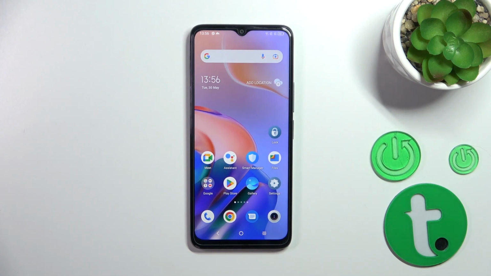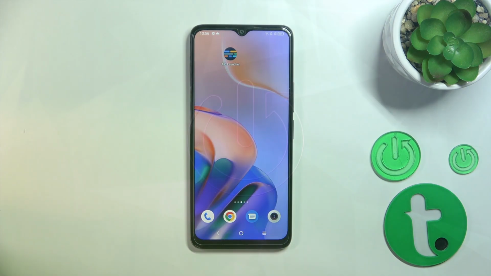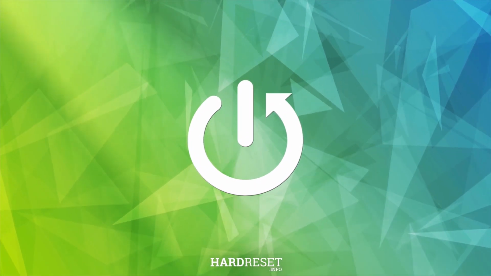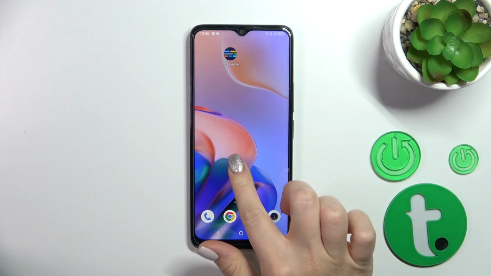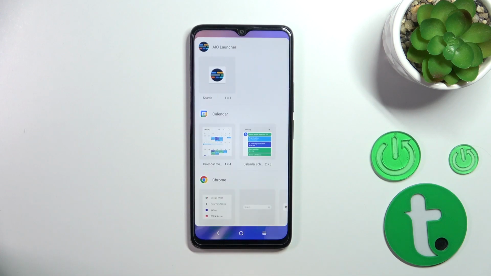Hi, this is the TCL 408 and I'll show you how to add and remove home screen widgets on this device. So first we should hold the home screen with our finger for a while, then tap the widgets icon,